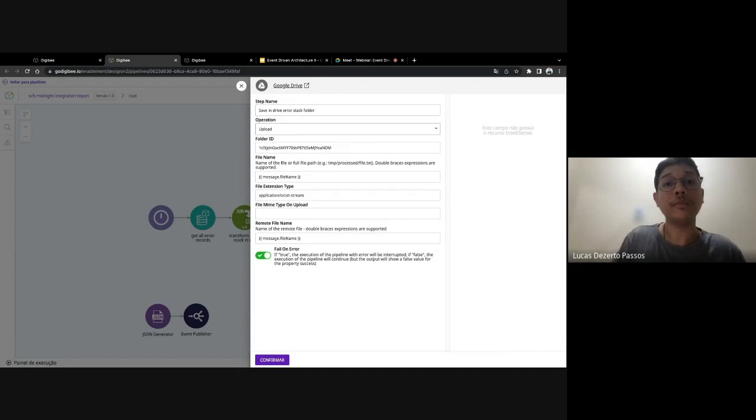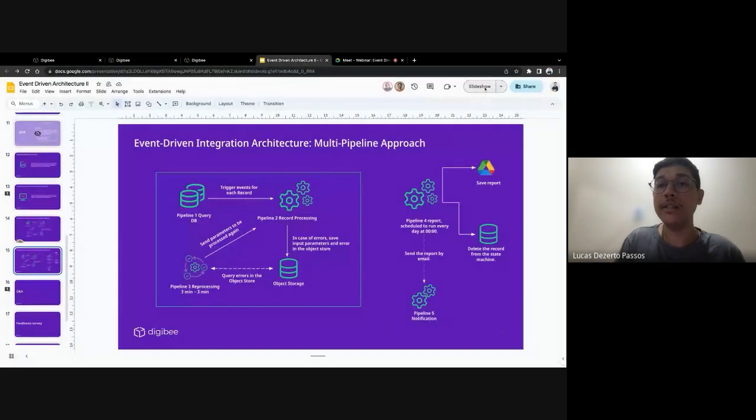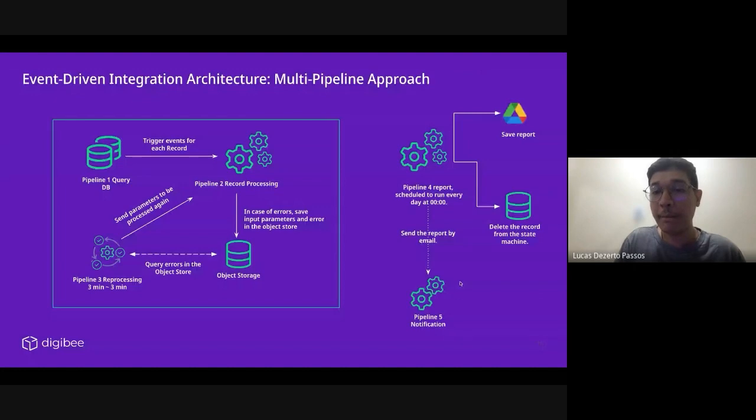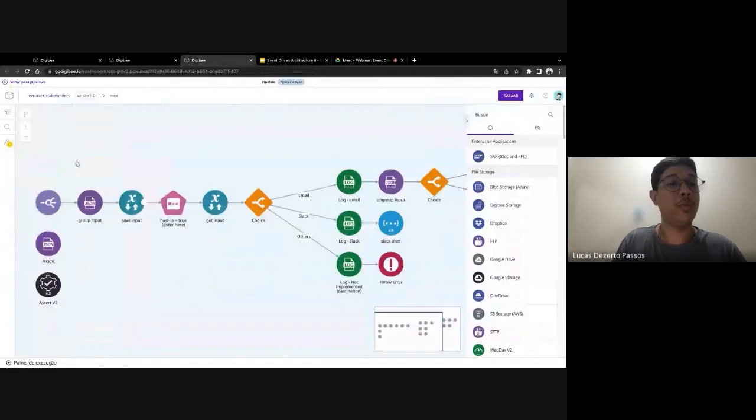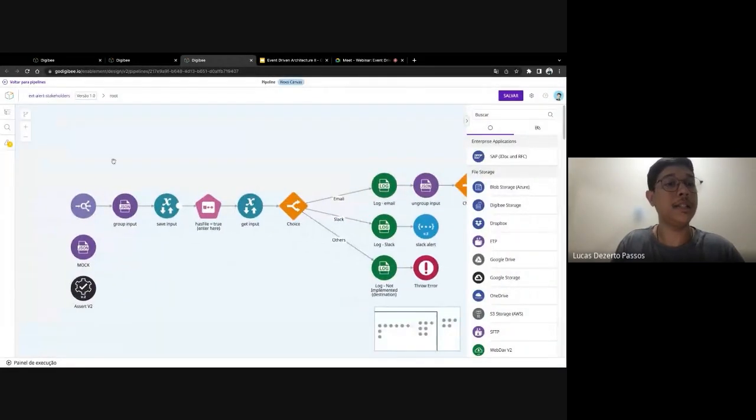So when we go back here, we see that we have pipeline number 5. That is a notification pipeline. It is the last pipeline of the architecture that we have here. It is a pipeline that notifies the owner of this integration about what is happening. So let's take a look here. So we have this, the event alert stakeholders pipeline.